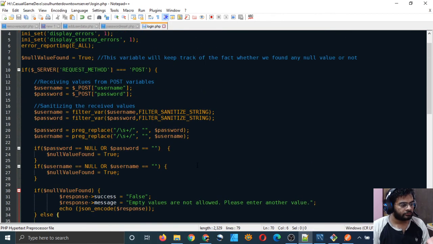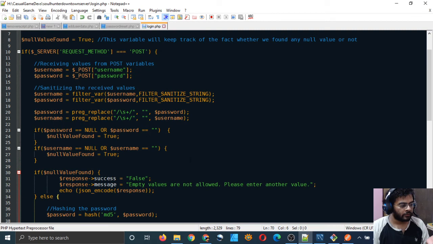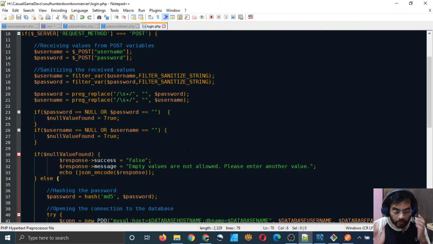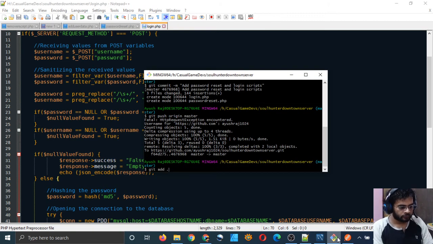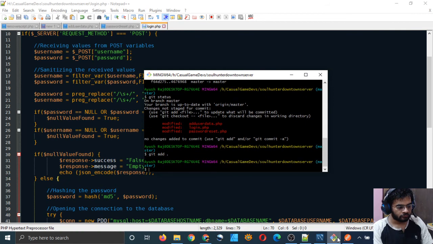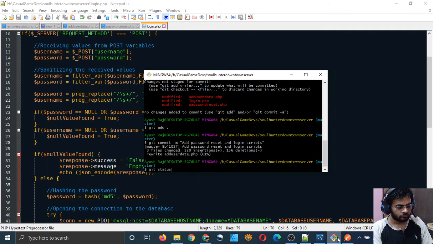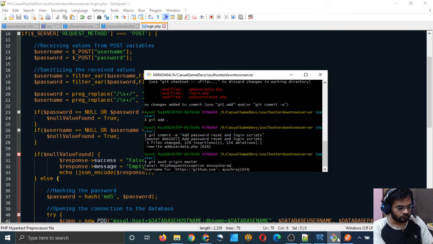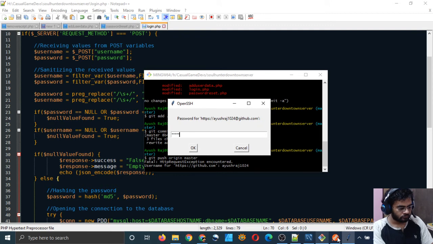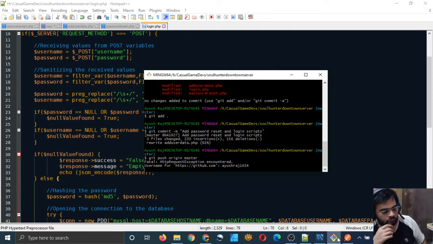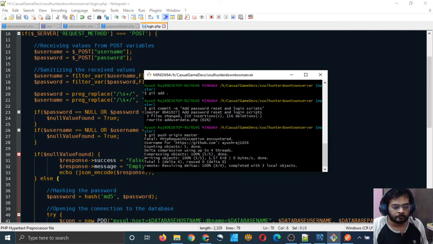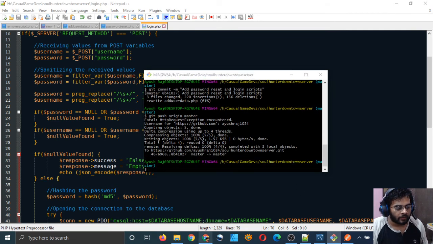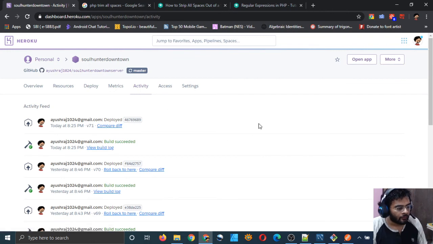So yeah, let us see if this code of ours is actually working or not. For that I have to just push it. So it has done pushing, and now let me see if it is deployed correctly or not.